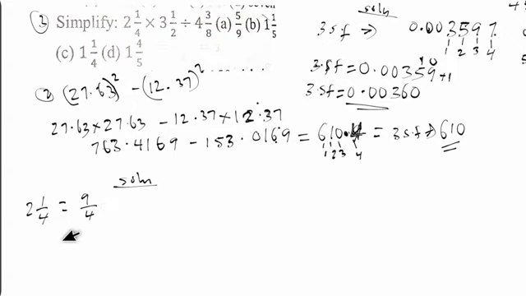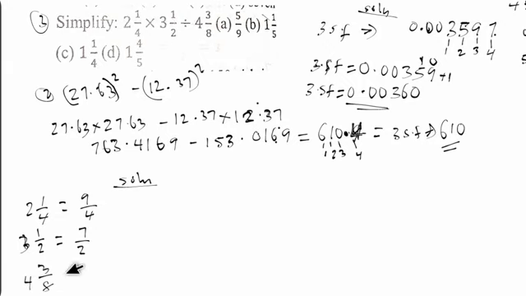Here we have 3 whole number 1 over 2. The same thing I did here, let's convert it to improper fraction. 3 times 2, that is 6, plus 1, that is 7. So we have 7 over what? Write the denominator back, that is 2. The next one we have is 4 whole number